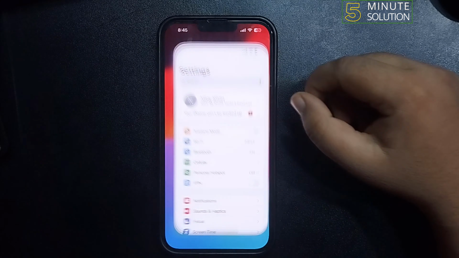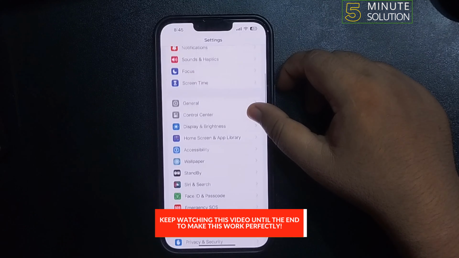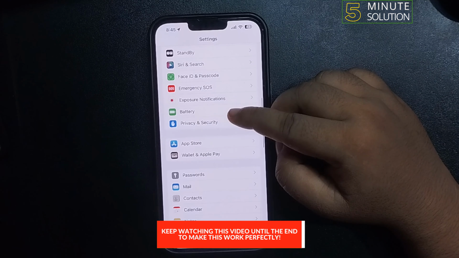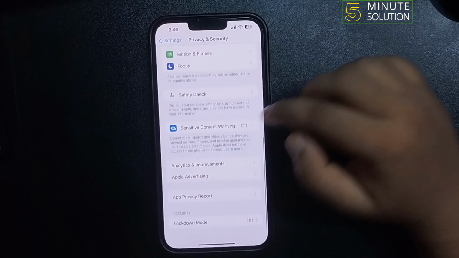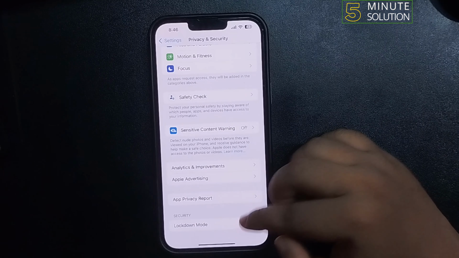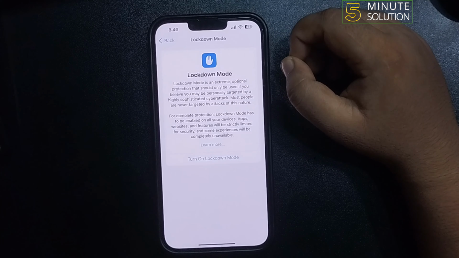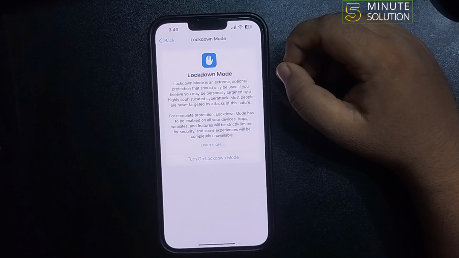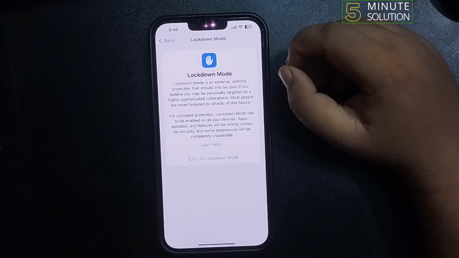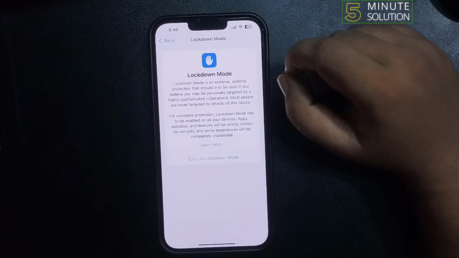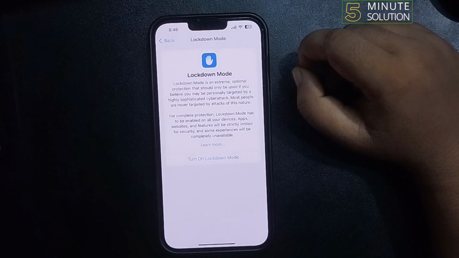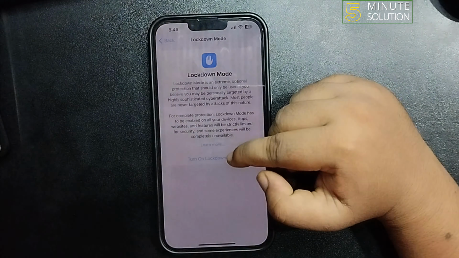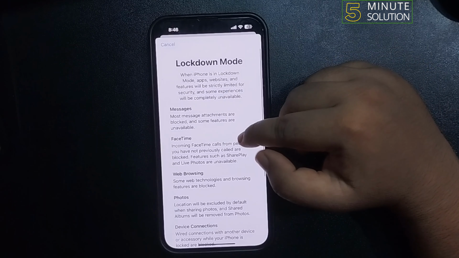Go to your iPhone settings, scroll down, tap on privacy and security, scroll down all the way to the bottom, and here tap on lockdown mode. And lockdown mode is an extremely optional protection that should only be used if you believe you may be personally targeted by a sophisticated cyber attack. Tap on turn on lockdown mode, and